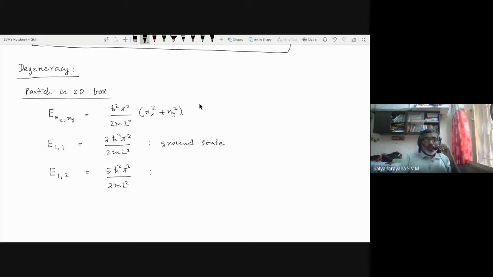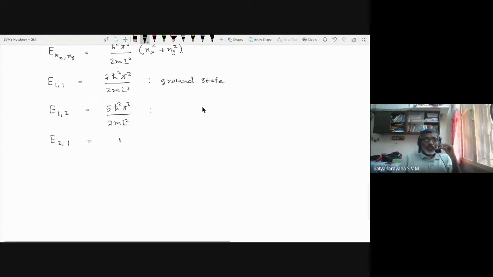Okay. Now, if you take E12 or E21, E21 is also the same energy. That means there are two states. Okay. There are two states. For example, psi 12 of xy and psi 21 of xy. These two are different wave functions, obviously. So there are two states